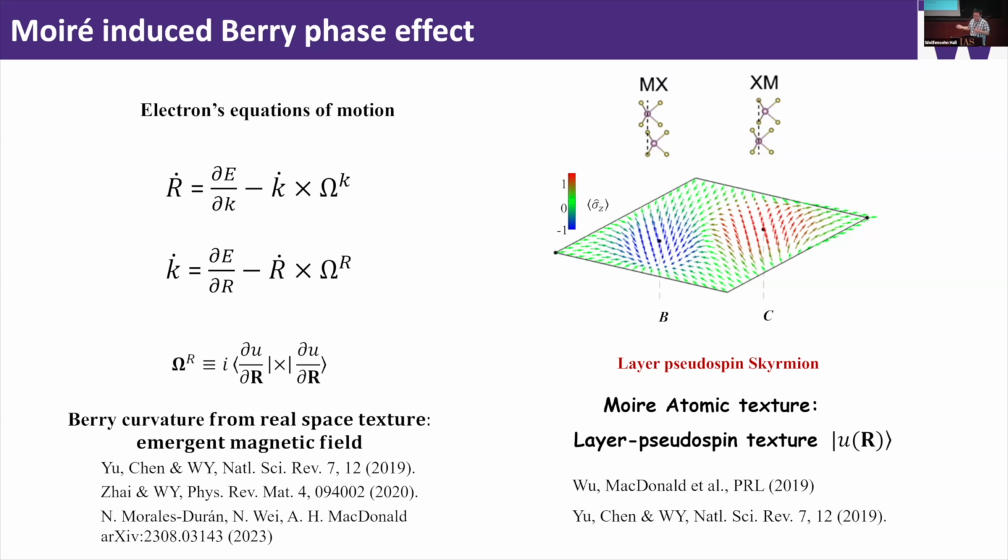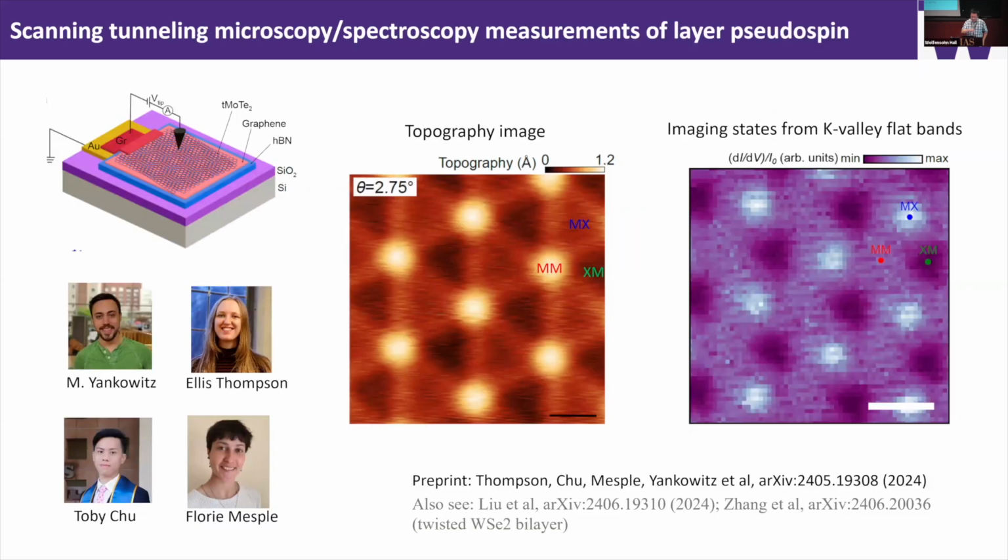So this gives rise to these band curvatures in real space and these pseudo-magnetic fields. This gives rise to these Kim-Lee models. And that's just a theory. And very recently, my colleague, Matt Yankovich, actually observed the signature of this layer pseudo-spin effect using scanning tunneling